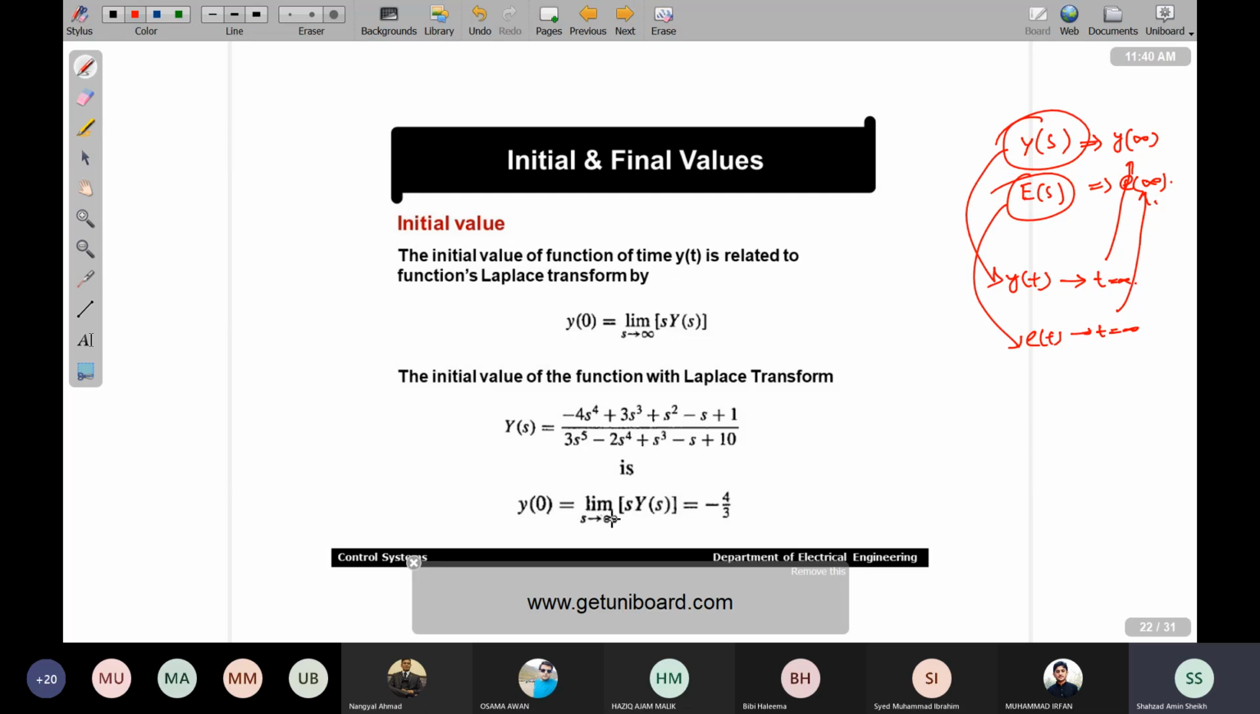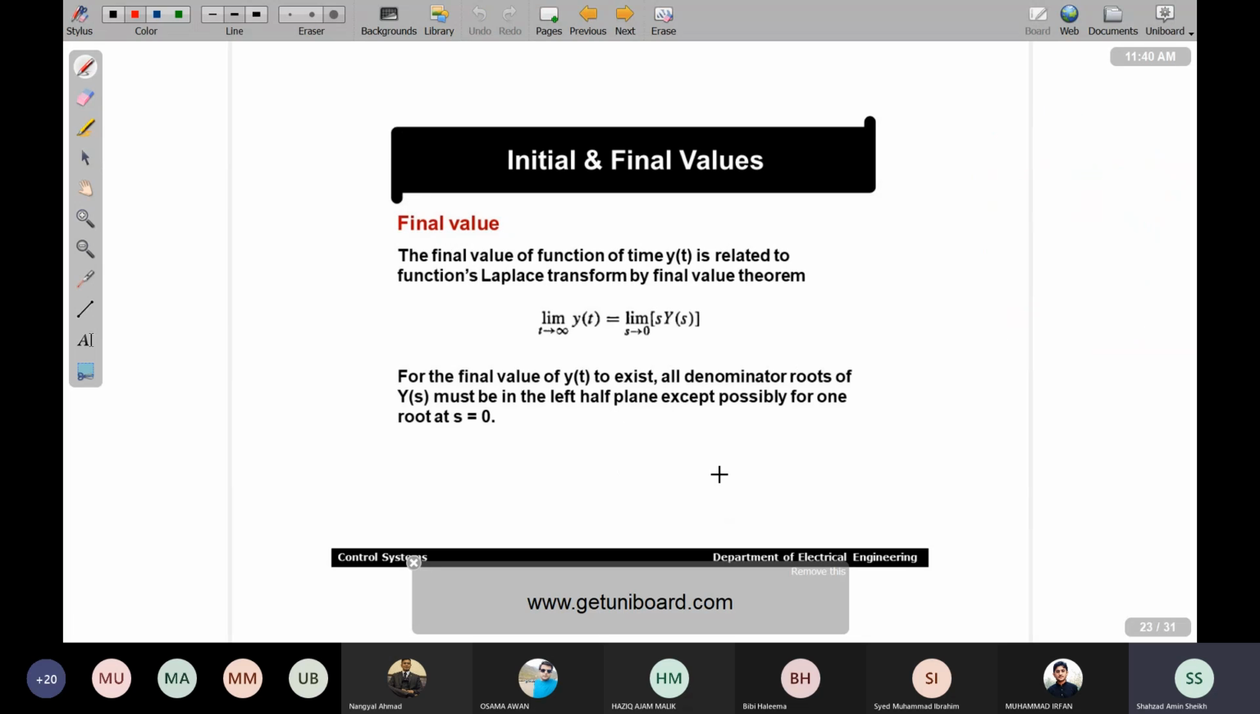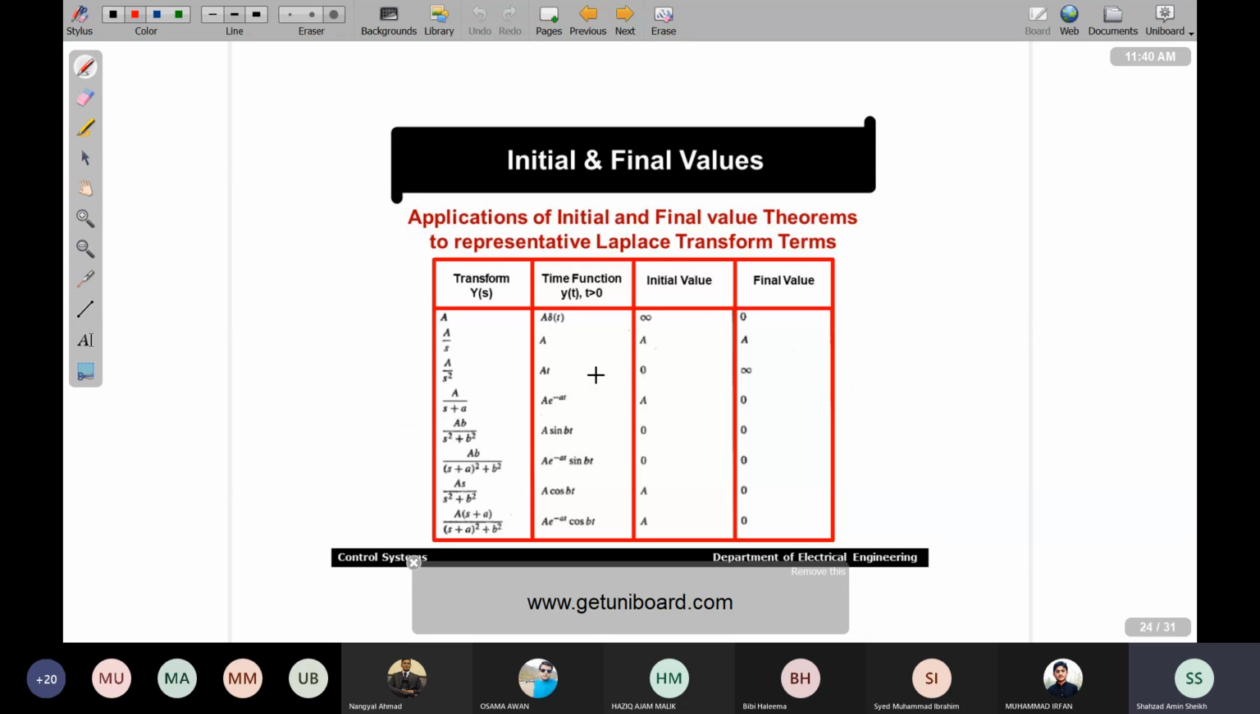YF0 is in fact equal to limit s tends to infinity as YFS. We did it in our second lecture or third lecture. And similarly, if we are interested in final value, so the YF infinity will be equal to limit s tends to 0 as YFS. And let's see कि किस तरह से